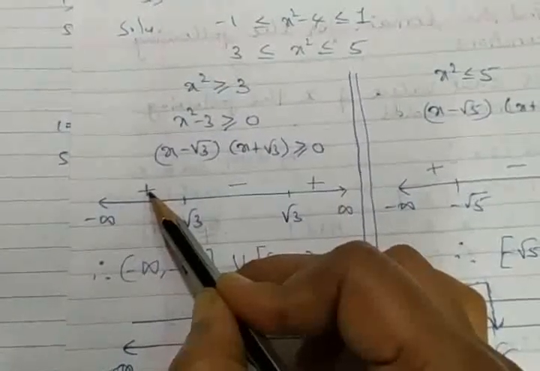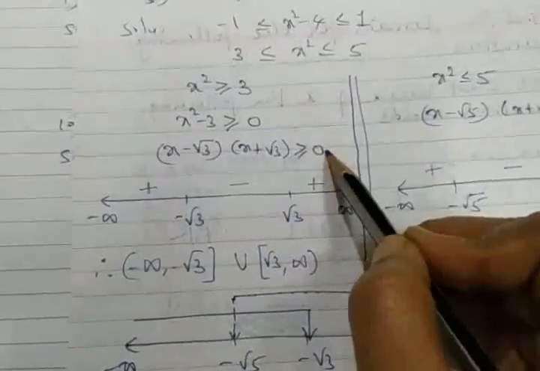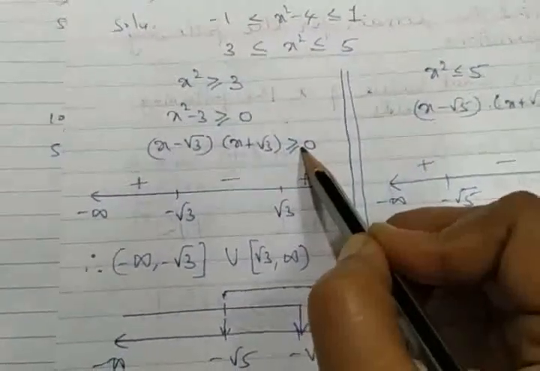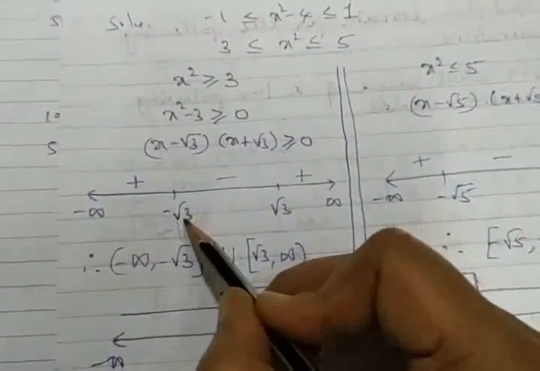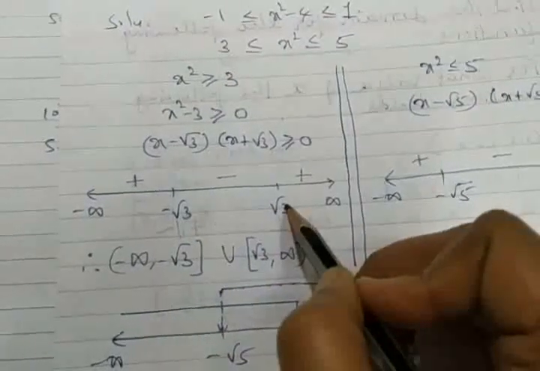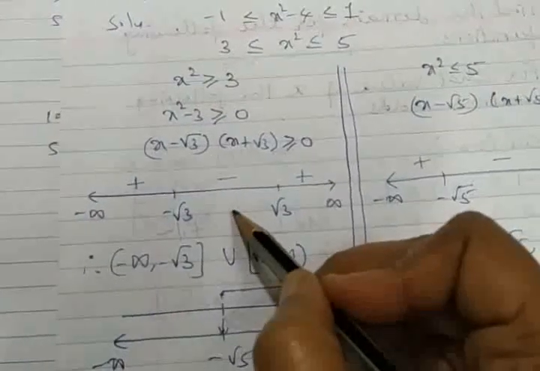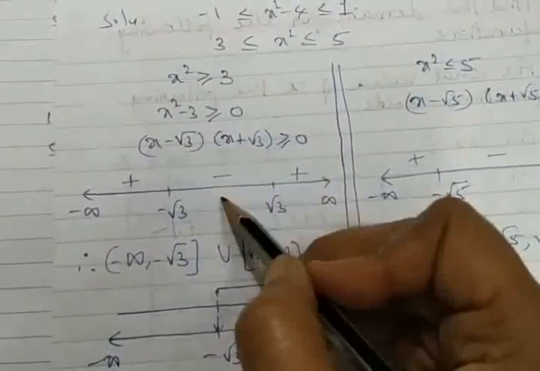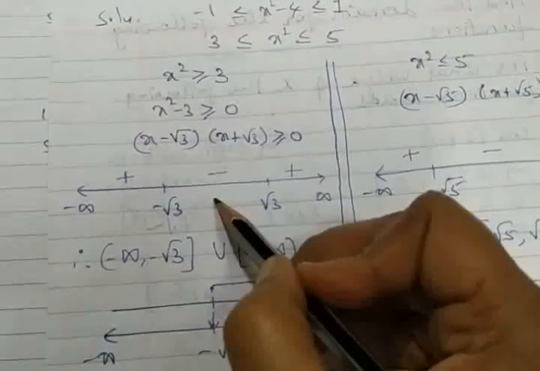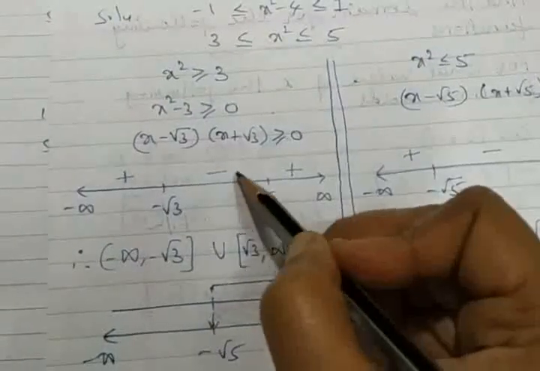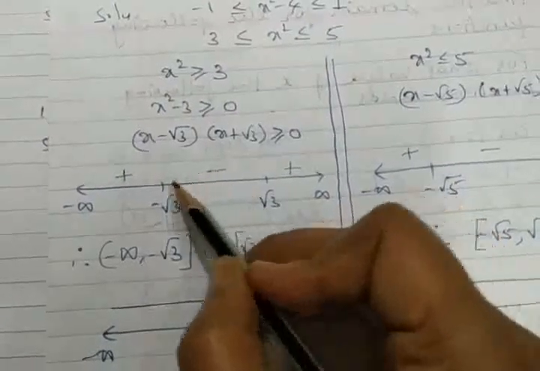But what is my expectation? What's my requirement here? Obviously, I want the whole simplification to be greater than or equal to 0, that is, positive. In this interval, it is possible. But let me verify in this interval also. So between minus 1.7 and plus 1.7, the best option I'm choosing here is 0. Of course, it's not compulsory, you don't have to go for 0 only. It's easy for calculation, that's why I took it. Otherwise, you can even choose 1, or even minus 1, and check. The result is once again negative for various values.